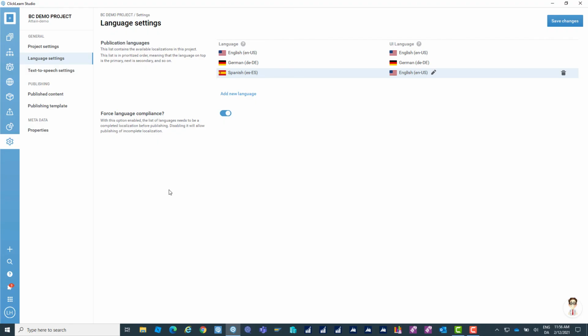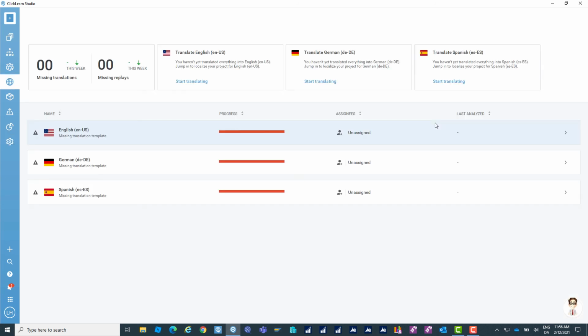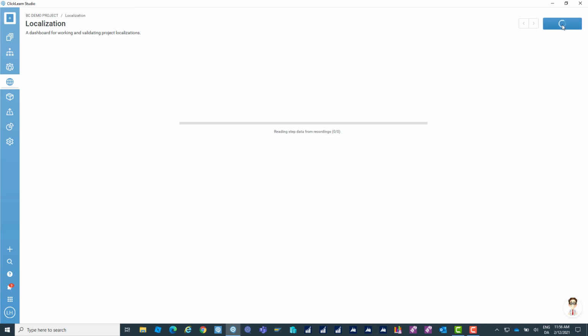Choosing specific languages for my learning portal will enable me to analyze my project and in this way be in full control of what ClickLearn will be creating for me for which languages. Let's have a look at this. So in the localization tool, I'm able to analyze my project and see exactly what's missing. Right now, nothing has been analyzed yet, but let's see how this works. I'm going to run the analyzer,